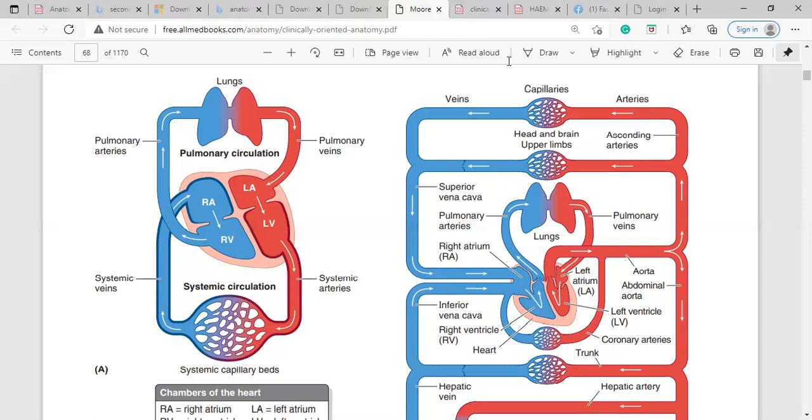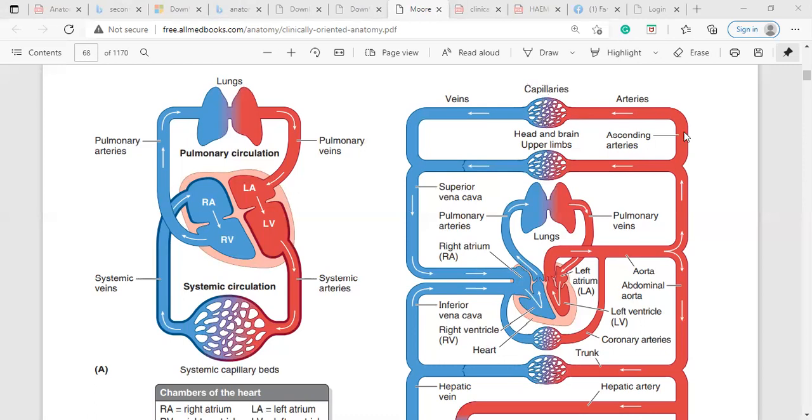Brachial artery. Let me write it in the chat for you. Brachial artery. So that is the artery that supplies blood to your upper limb. Okay, don't forget that. Brachial artery. Good. Then the artery that will take blood to your head and your brain